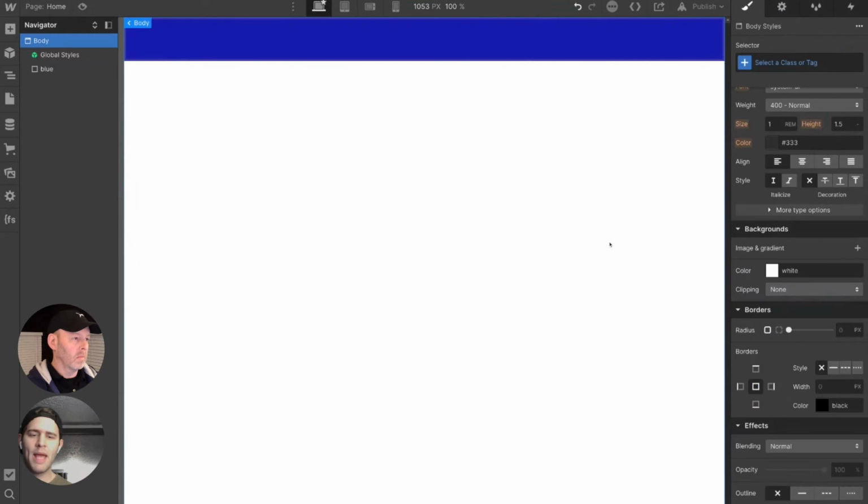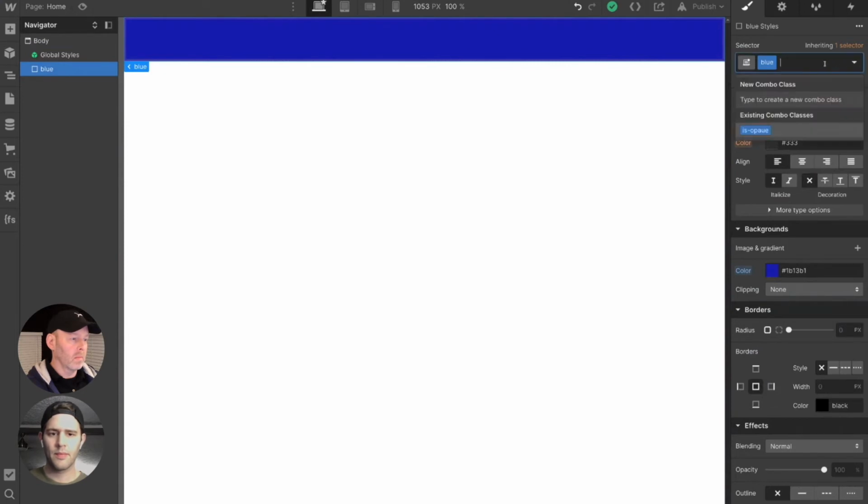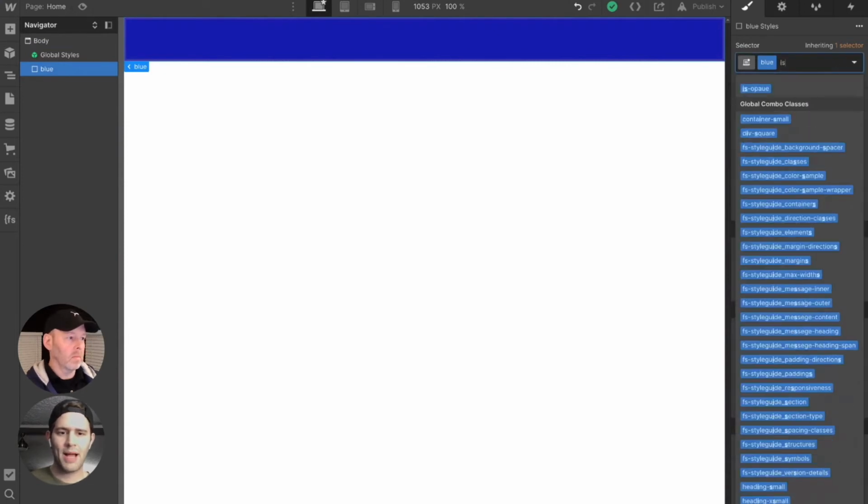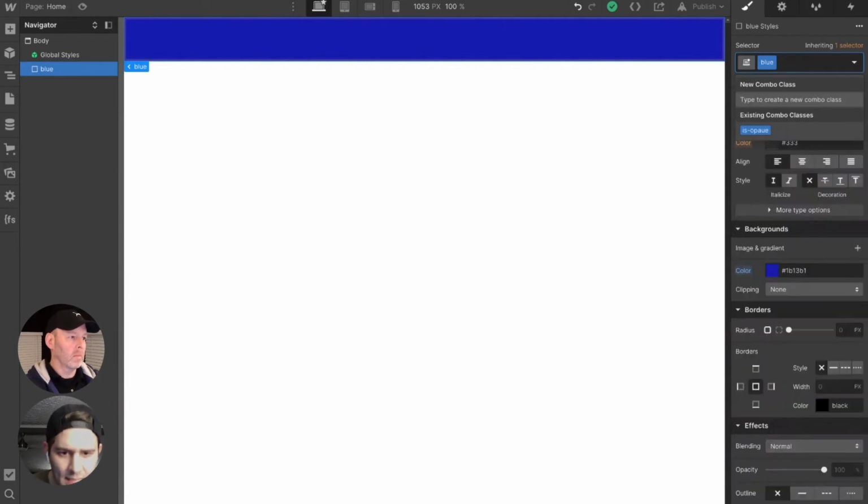All right, now type in "is opaque." You have to have the div selected. Yep. There's an existing, go back real quick. Back up. Back that up. All right, it says existing combo class. So that "is opaque" applies to it because it's a combo class for blue. So now if you click "is opaque,"